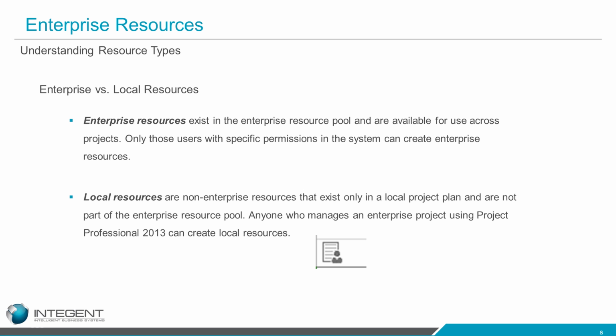Enterprise resources are very different from local resources in that they are created by your administrators and added to the enterprise resource pool. So when you add that resource to your project team and then publish your project, that information is pushed out to the resource. The resource would know that they've been assigned to a task in your project plan. That task would show up on a task page or a timesheet, depending upon what type of tracking method